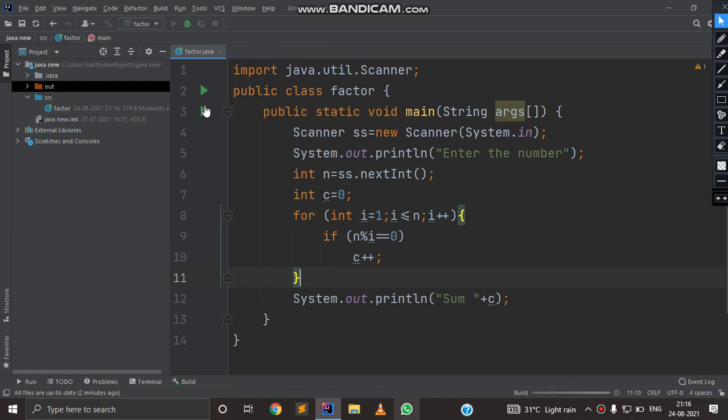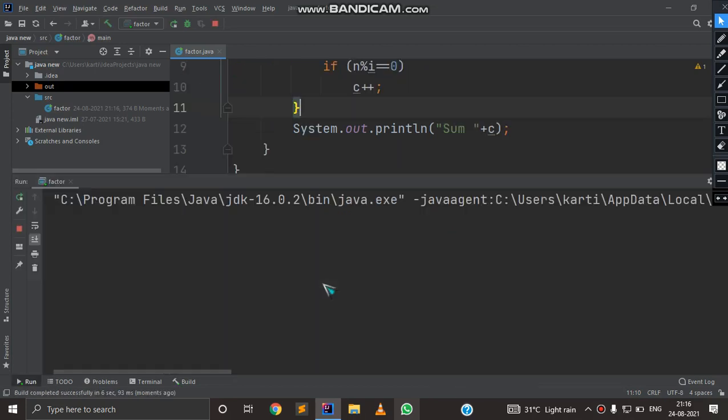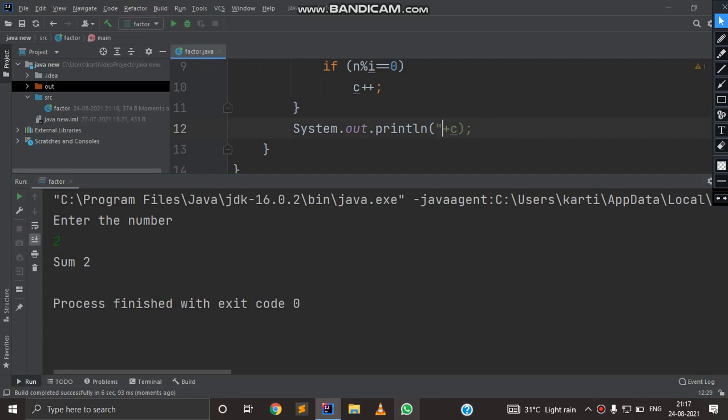So if we run this program and write 2, the output will be 2, because there are only two factors of 2, 2 itself and 1, as 2 is a prime number.